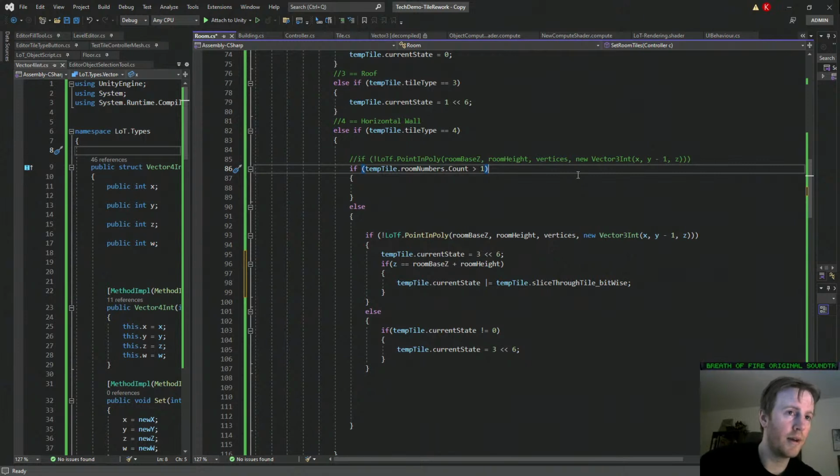Technically, you could optimize this even further and just have hard states on the tiles that they switch between based on certain parameters, instead of setting it like this based on this and this and that, set it to this and this and that. But I don't know if it matters. Anyway,